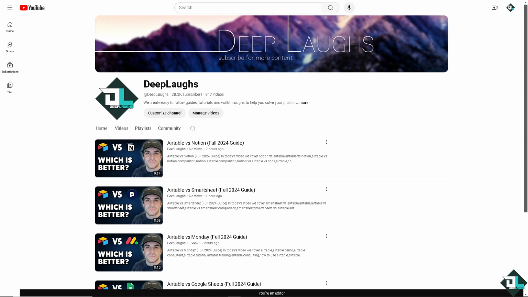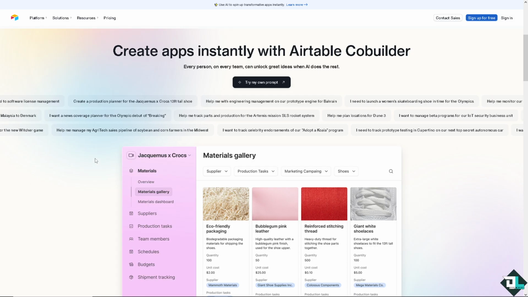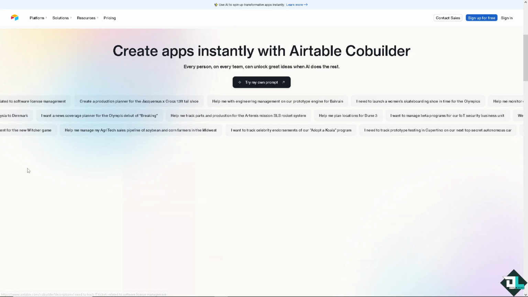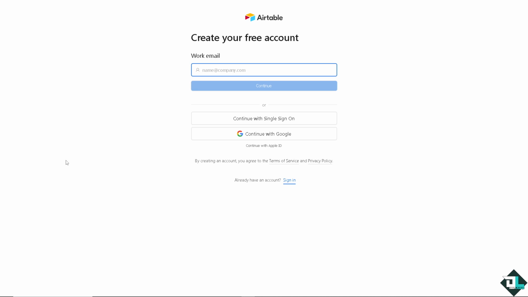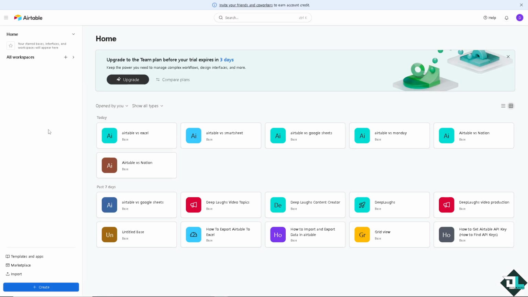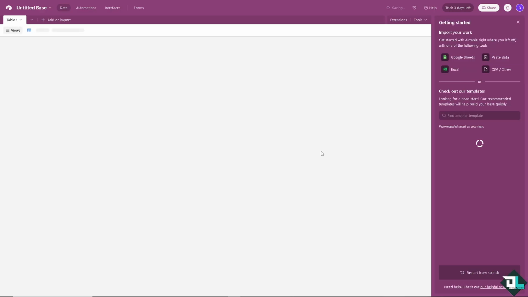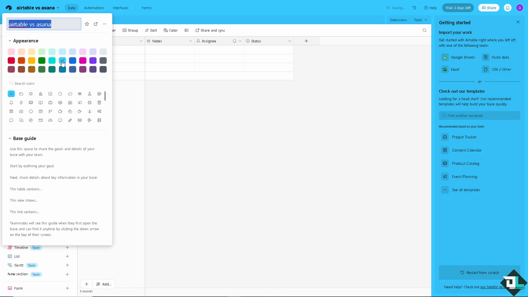Now, going back to Airtable, all you have to do is go to their website. That's going to be www.airtable.com. Click the sign up for free option. And from here, just follow the on-screen instructions. From there, you would notice that Airtable's interface is intuitive and easy to use, even for those without a background in database management. On the bottom left corner, you can see the Create button, wherein you can start building a database from scratch. You can rename this one, and of course, you can be creative and tweak the settings to your